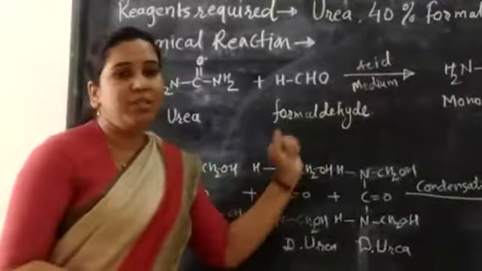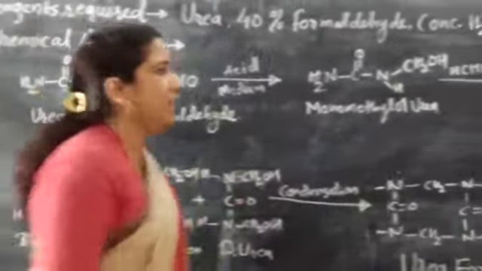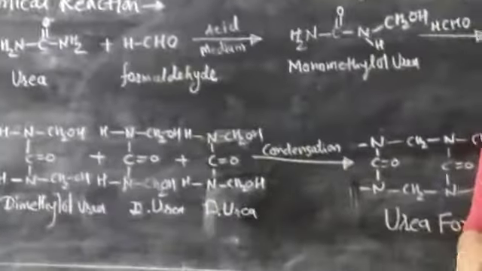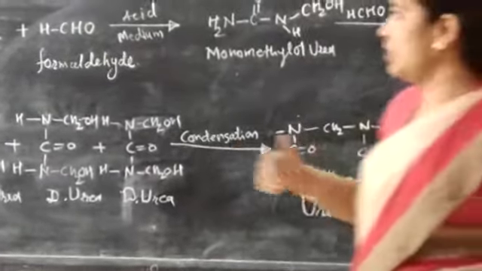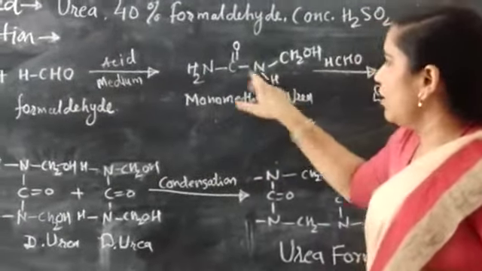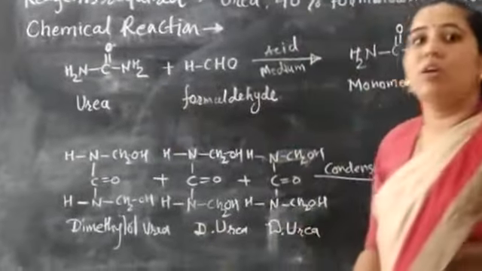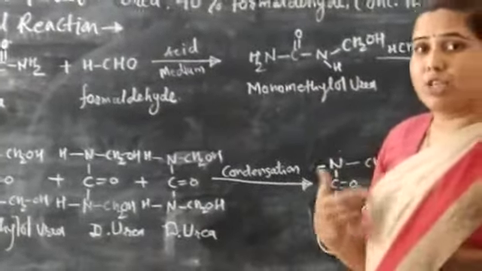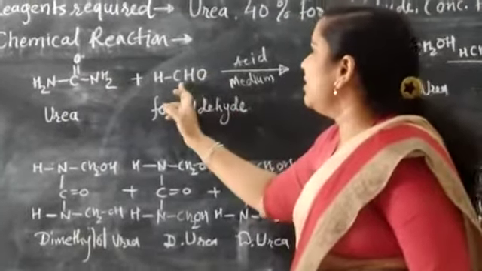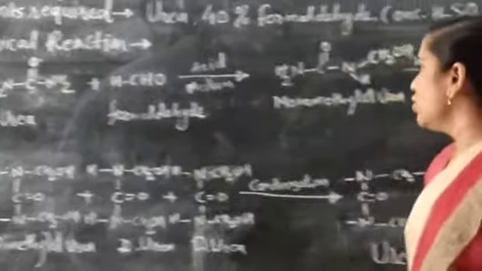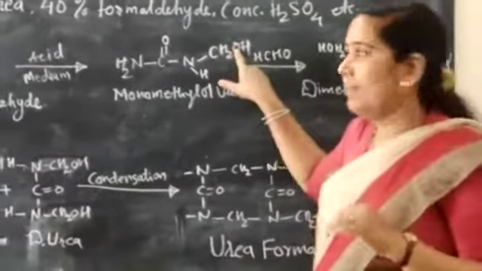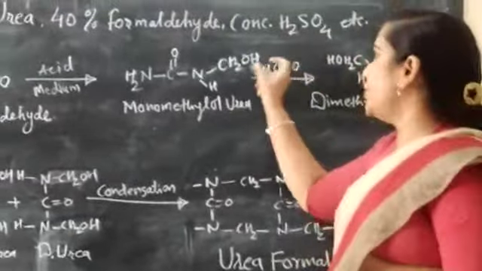In the acidic medium this reaction is carried out. You can see this CO and H2, so it has two hydrogens for the replacement or exchange. So here that NH2 is written as such CON, and one of the hydrogens from nitrogen can be exchanged with the CH2O. One of the hydrogens will move from this side, and here CH2O gets attached. So you can see here NCH2O, and as this O is partially negative and hydrogen is partially positive, there is formation of a bond between them.